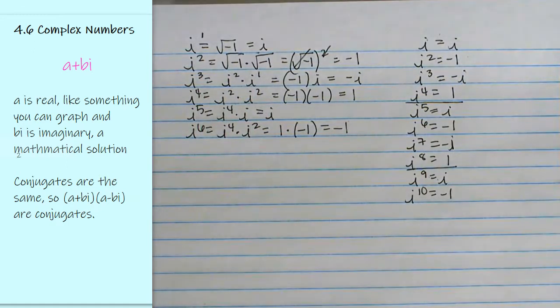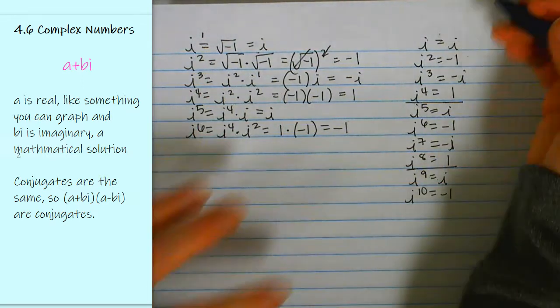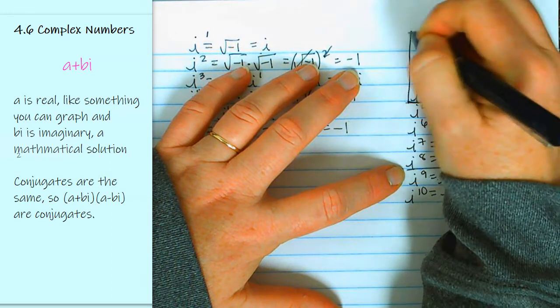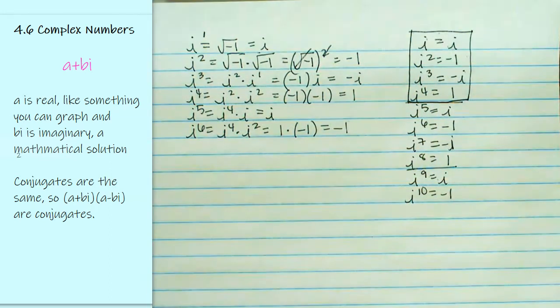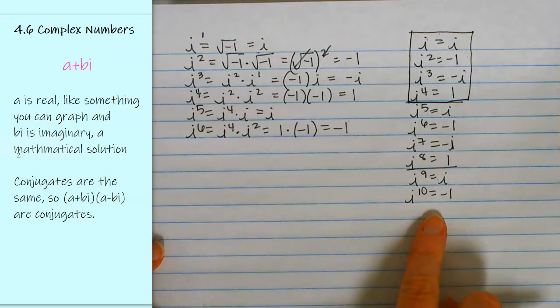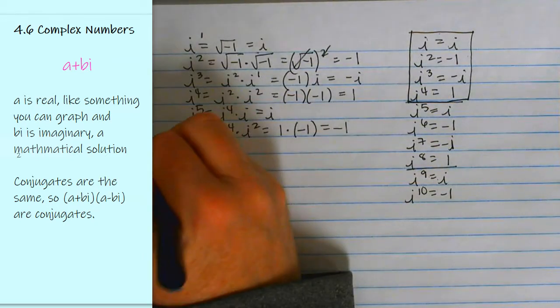So what do we know? We know that there's only 4 variations here. And you are going to need to put that in a box somewhere and probably on your note card for this test and memorize what i squared, i cubed, and i to the fourth is. But that box will tell you the power of i, what it's equal to for any power. So let's say we said i to the something I don't have on my chart yet,